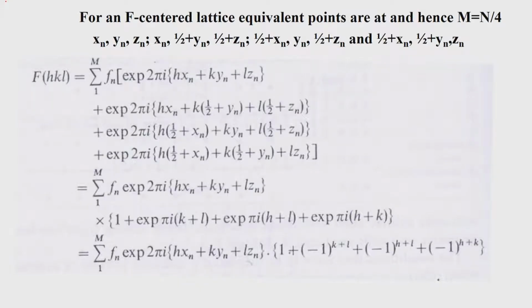You look at the equations, and the moment some people see equations they get worried. Here there is nothing to worry about with these equations, because you are now experts in understanding what we are talking about. C centered lattice gave you H plus K odd absent. So suppose now you simultaneously have an A center and a B center, you cannot leave it at that, because by symmetry the C centering will automatically also be there, therefore it becomes a face centered lattice.